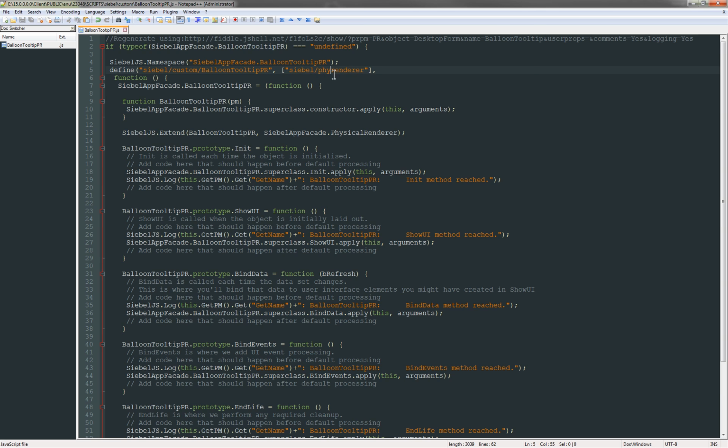Now we need to do that, by the way, because here we make an extension of the physical renderer, the default base physical renderer. So the physical renderer is a parent in the object hierarchy for the balloon tooltip PR, and so in order to extend the physical renderer, we need to make sure that that code is loaded. So in the same way, I'm going to add an additional dependency here,